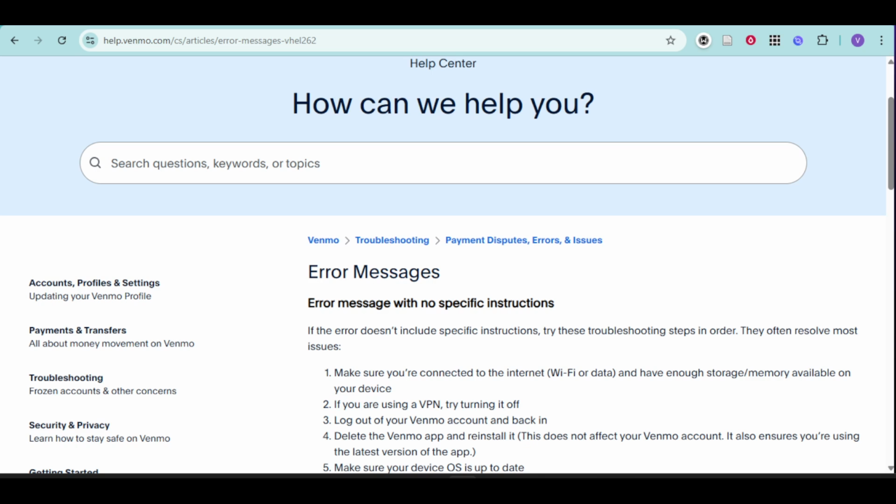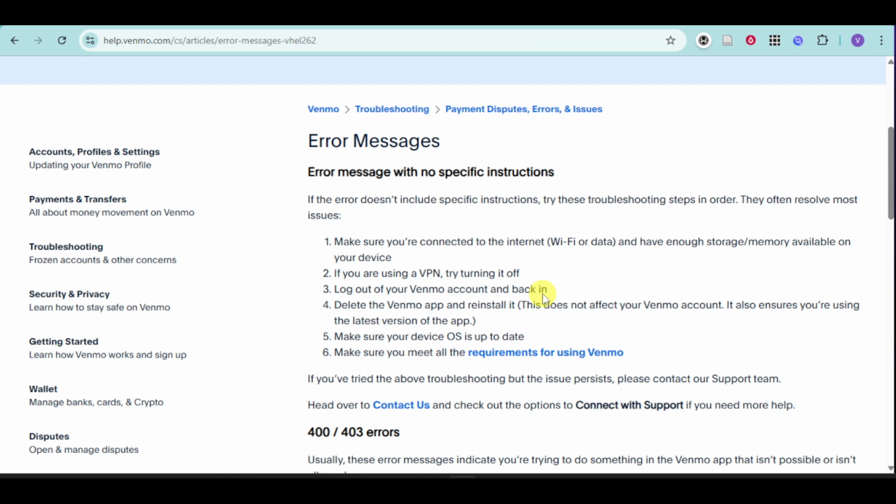In this video, I'm going to teach you how to fix Venmo payment not allowed. So if you're having some error about your Venmo payment not allowing you to send it, what you can do is you can just first check what kind of error that you're having. So if it's an error message with no specific instruction, you just need to head over it and make sure